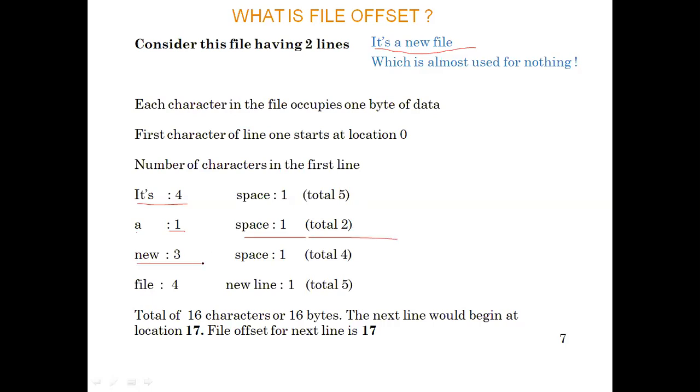Similarly "new" is 3 plus 1, that is 4, and "file" is 5. Now if we add 5 plus 2 plus 4 plus 5, it becomes 16. So the first 16 bytes starting from the 0th location are occupied by the first line, so the next line will obviously begin at location 17.